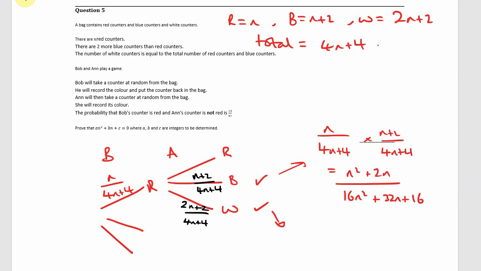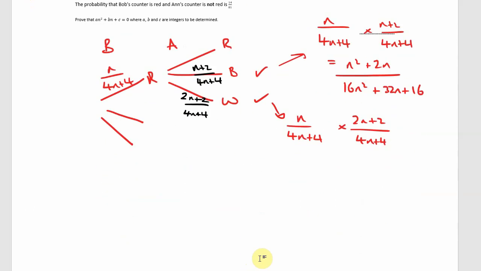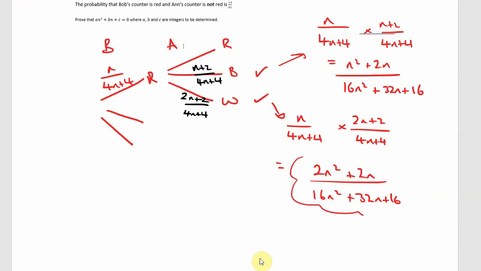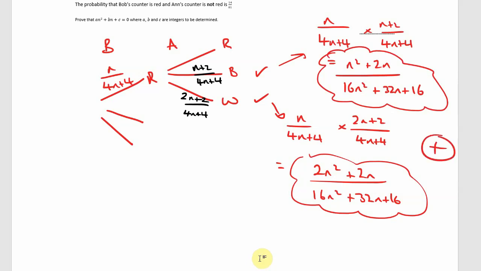And then this one is going to be n over (4n plus 4) times (2n plus 2) over (4n plus 4). When I calculate that, the denominator will be the same, so it's all over that 16n squared plus 32n plus 16. And this is going to be 2n squared plus 2n. So what I need to do is take these and add them together. When I do that, I'll get 3n squared plus 4n all over